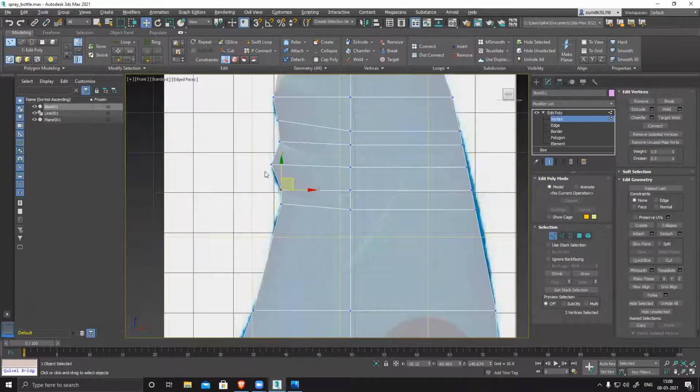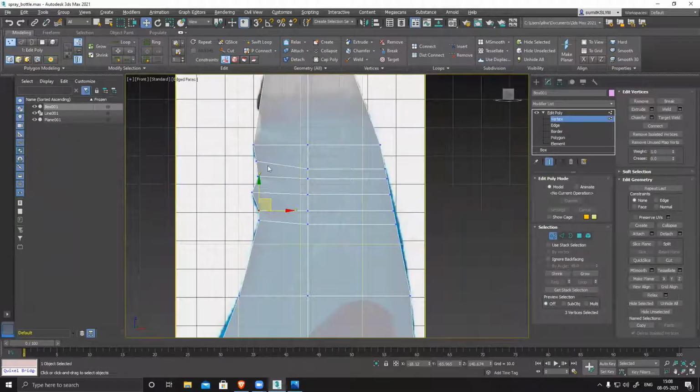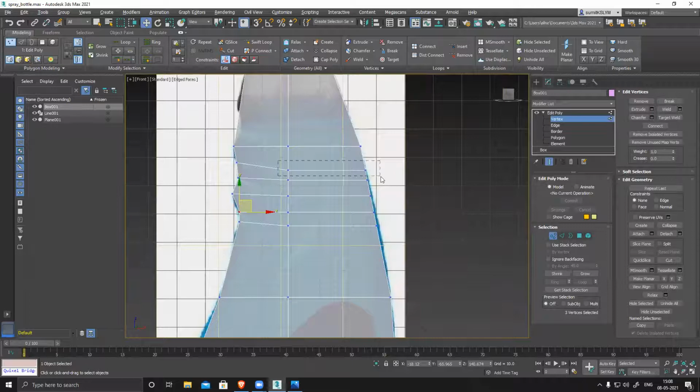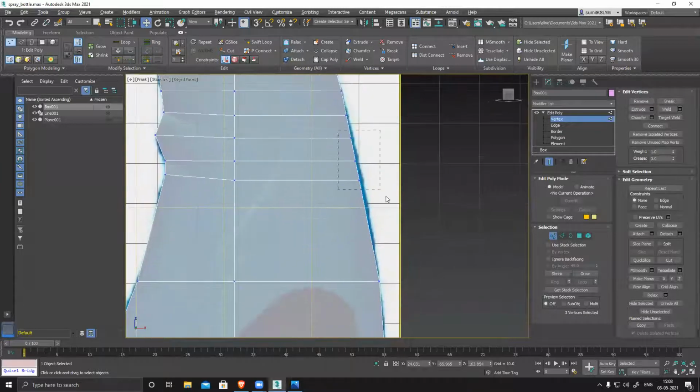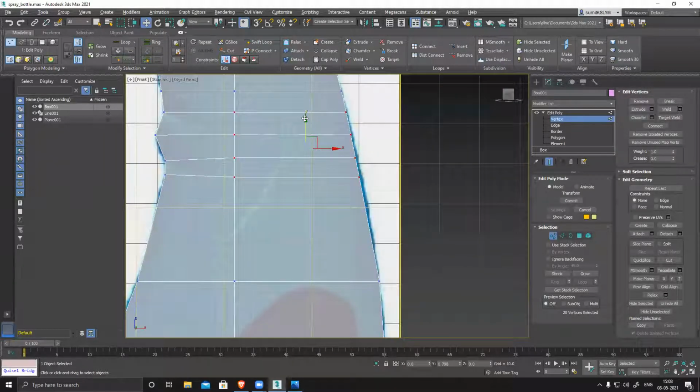I need one more like here. I'll add those things later. So you can see it became angular. So I can just move it slightly up and push it inside. Push this also inside. One by one. These two are perfectly straight now. Now this one.